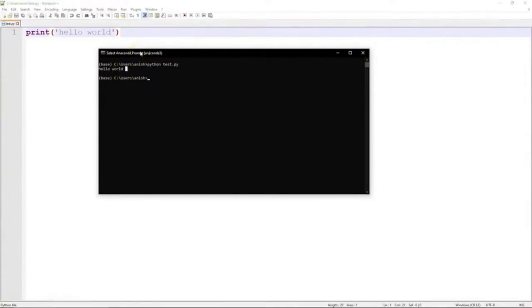Now, another question would be, well, this isn't the most visually appealing or easy to read or easy to use way of executing scripts. And I would agree. That's why I'm going to introduce another technology, a software called the IDE. The IDE, in Python or in any programming language, stands for Integrated Development Environment.